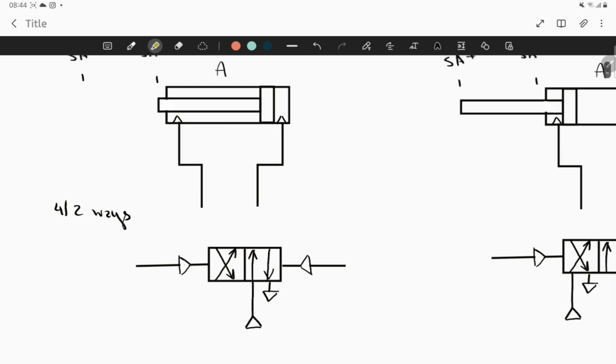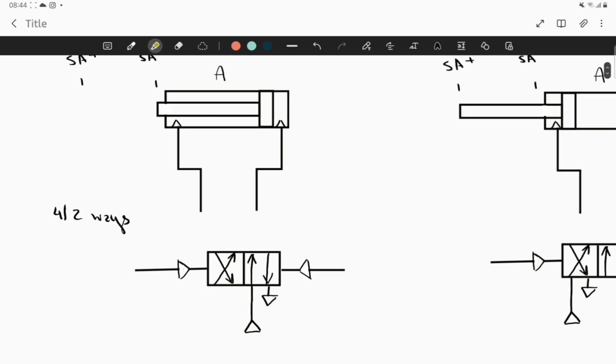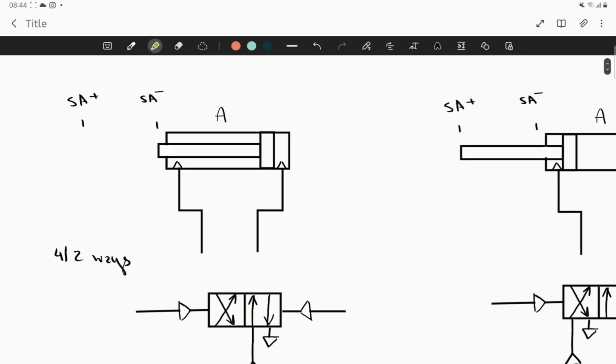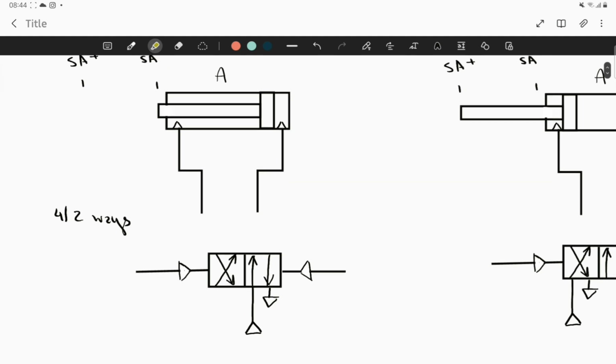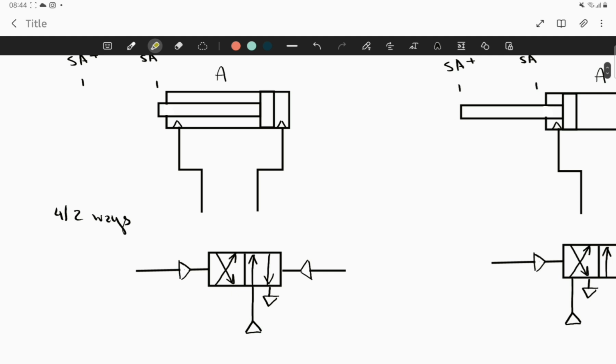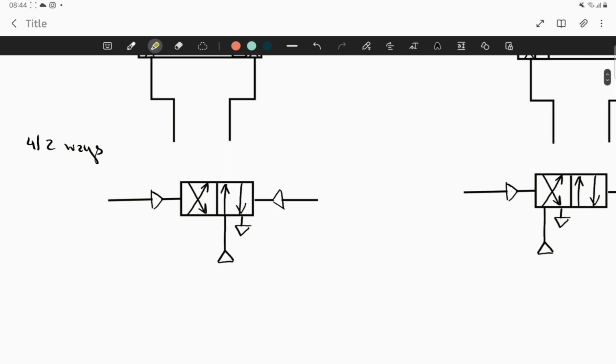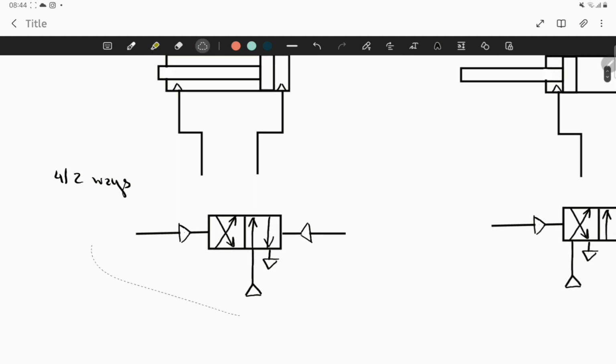So this is important to decide how the valve is when you're starting the drawing, like the starting position of your drawing. It is really important to know what's the position of the working valve. This is the principal valve, the main valve of your circuit, because it activates the actuators. So basically, it starts like this